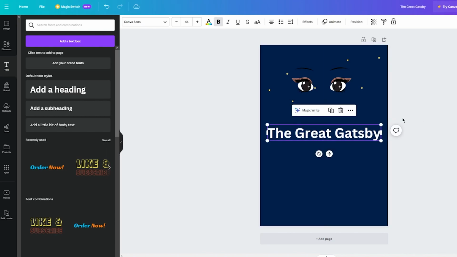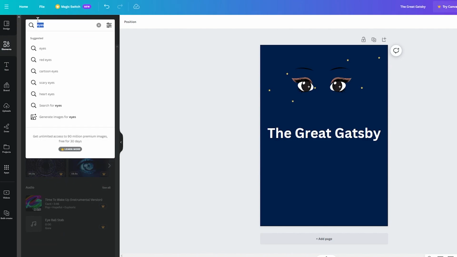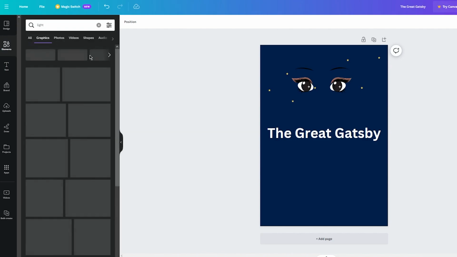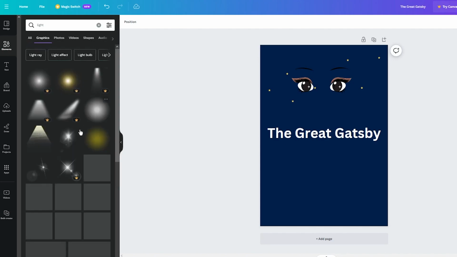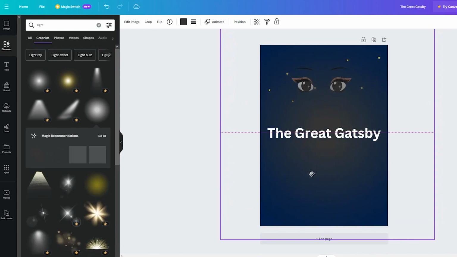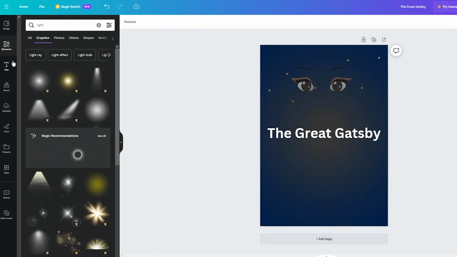Once you add this, you can start adding some lights. Once you do this, you can see that you have all these light elements that you can add into your design. So I'm going to go ahead and expand that. So there we go, The Great Gatsby. And then down here, you can obviously write